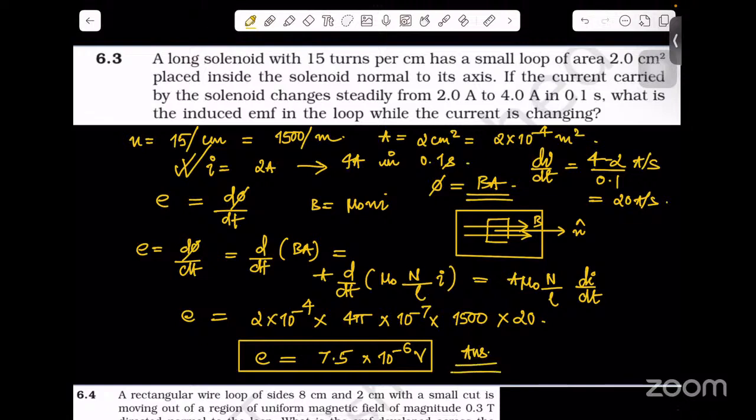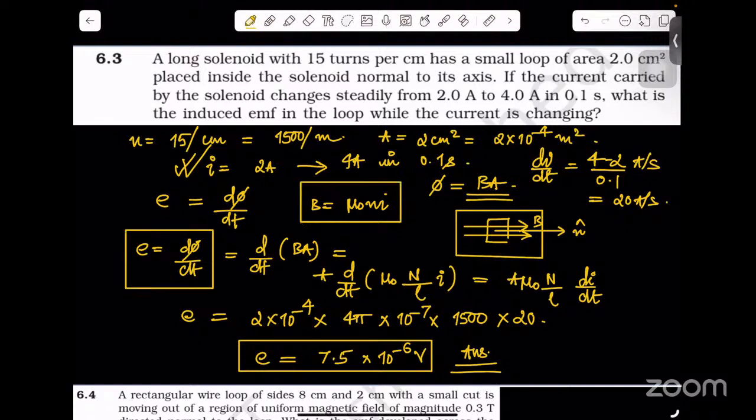So I hope everyone is clear. You need to know this formula for the magnetic field in the solenoid, and E equals d phi upon dt. I guess everyone is clear with this question. So moving forward